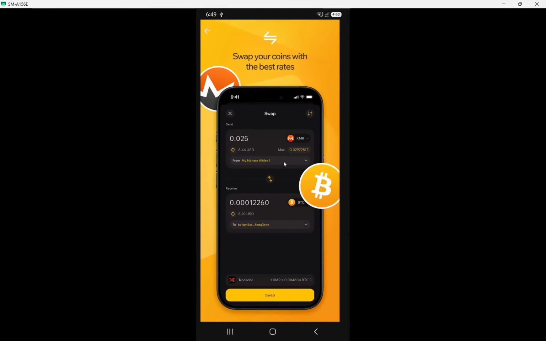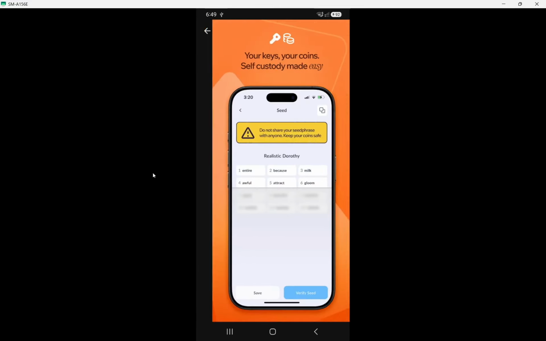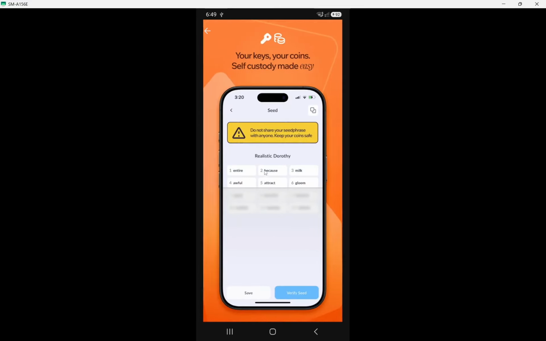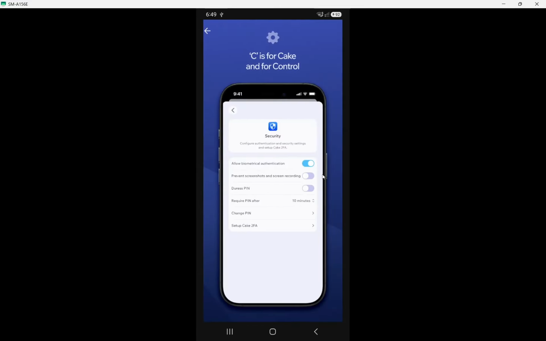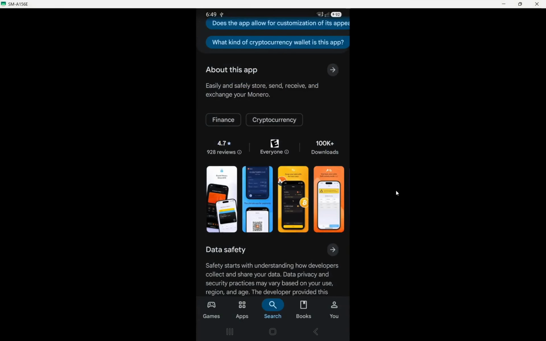Finally, choose Create a New Wallet or Restore/Import Wallet if you already have a recovery phrase. If you are new to Monero, selecting Create a New Wallet is the way to go. This option will guide you through the setup process. If you have a recovery phrase from a previous wallet, selecting Restore/Import Wallet will bring your existing wallet back to your device. This choice is crucial because it determines how you will access your Monero funds moving forward.